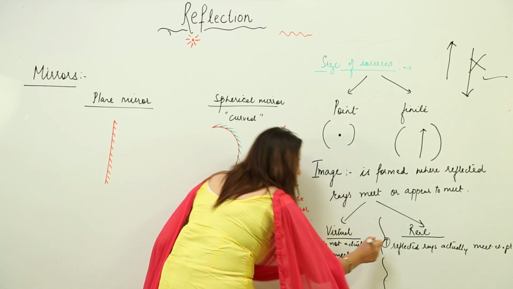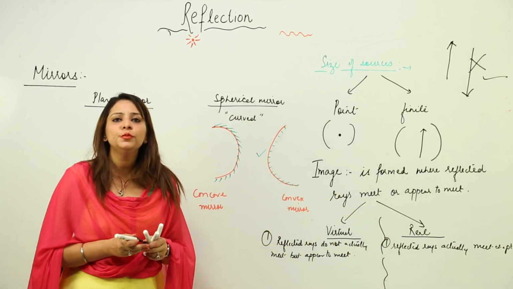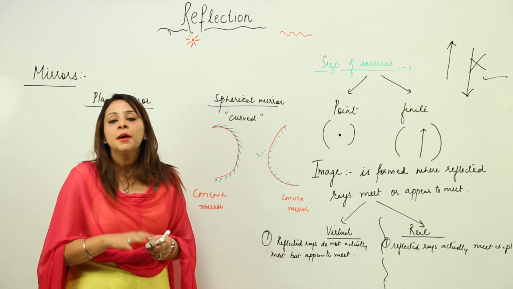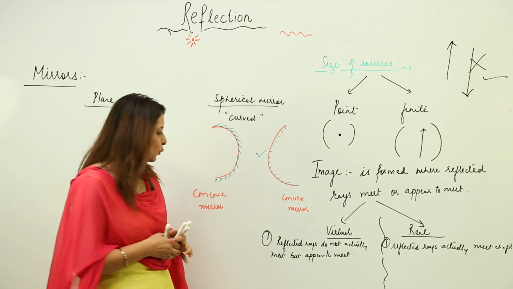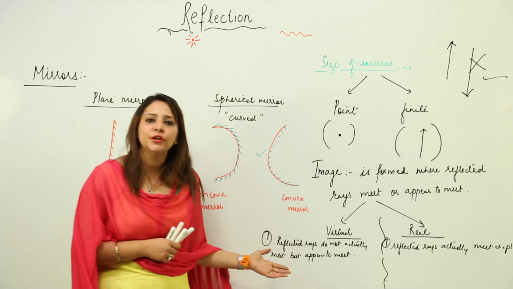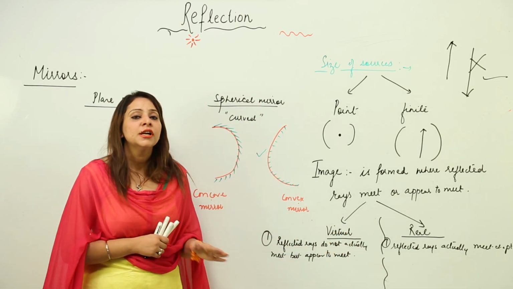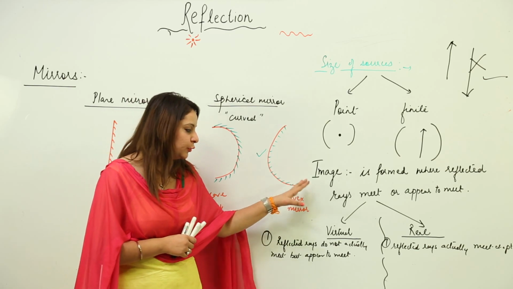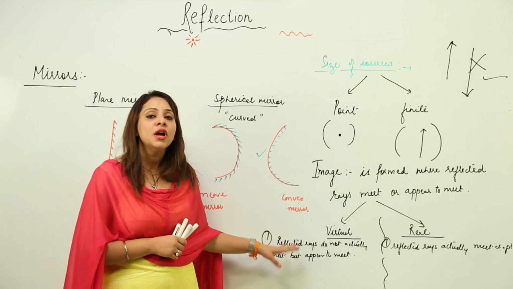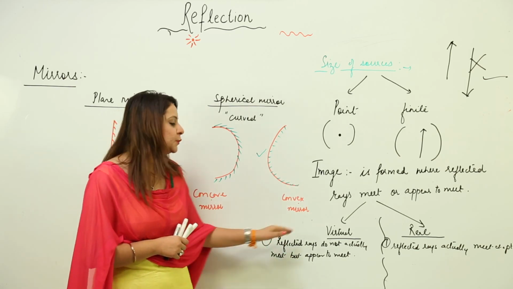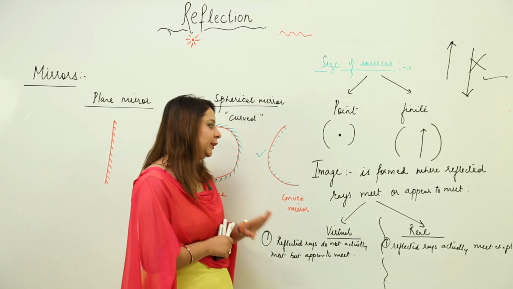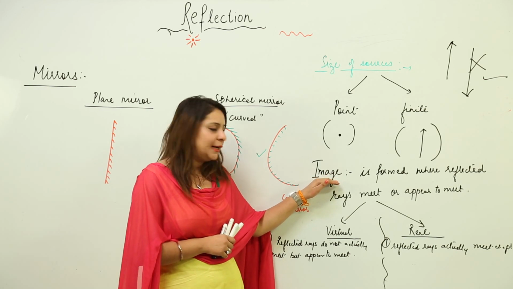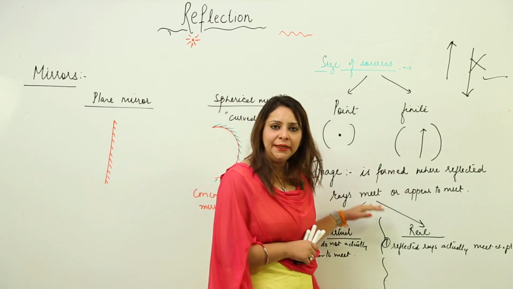That means we hypothetically assume that they appear to meet at a certain point, but otherwise they are not meeting. And you must be thinking, what kind of definition did I write for real and virtual image. Don't get confused when I am telling you these points, because when I draw a ray diagram, these points will be more clear to you. So for this moment you should only know that image is formed at that point where reflected rays meet or